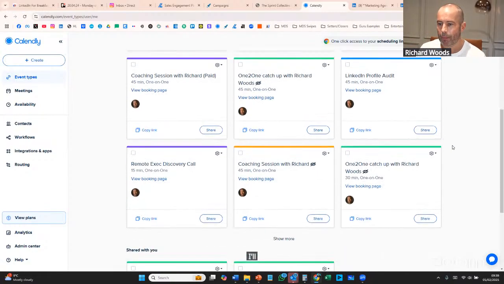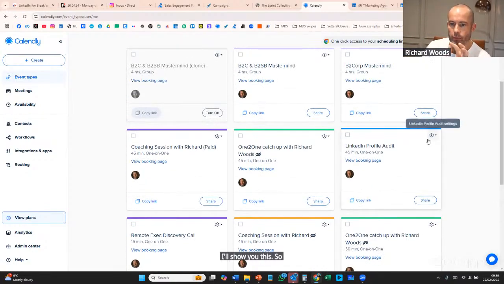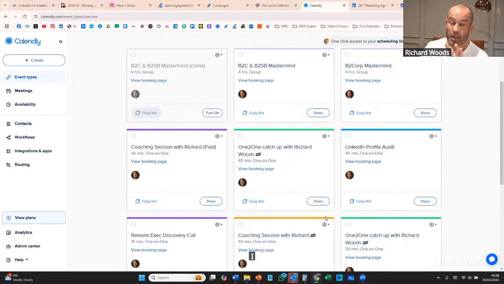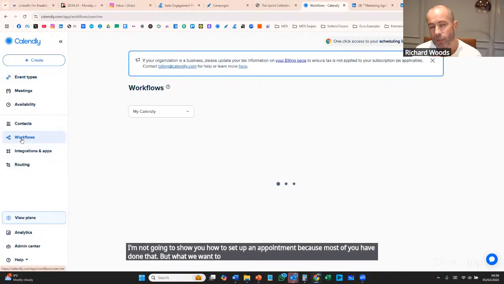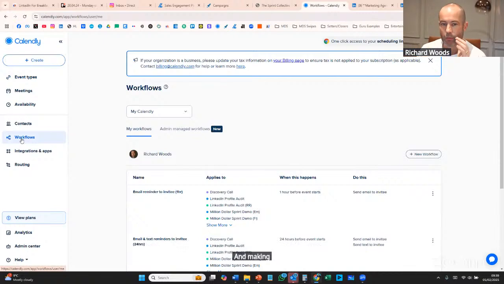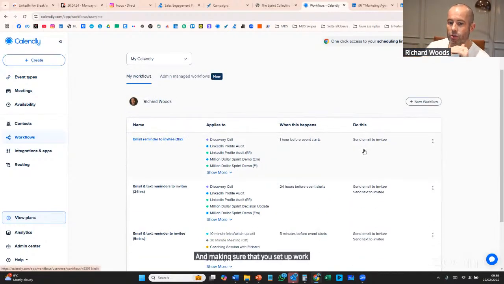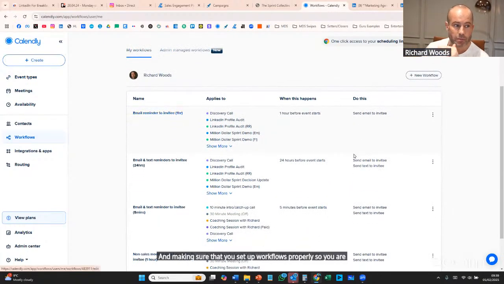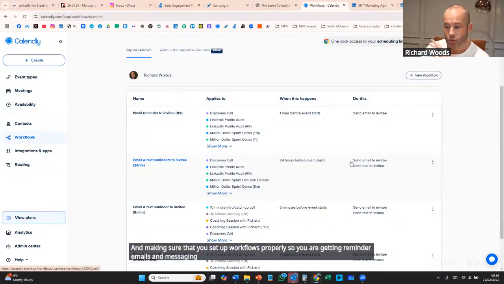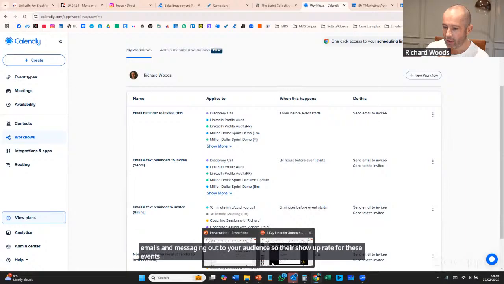So when you're setting up an appointment, I'm not going to show you how to set up an appointment because most of you have done that. But what we want to talk about is workflows and making sure that you set up workflows properly so you are getting reminder emails and messaging out to your audience so their show up rate for these events is far higher, right?